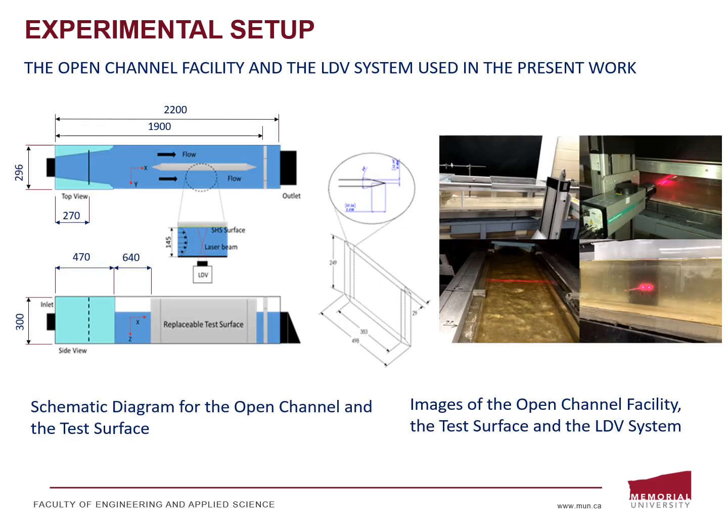The experimental work was performed in a rectangular recirculating flume as illustrated in this figure, and the depth of water in the channel considered being 130 millimeters. The test surface is a replaceable surface, as we mentioned, positioned at the center of the channel and 900 millimeters from the inlet, where the boundary layer is fully developed, and the distance between the test surface and the outer channel surface to be